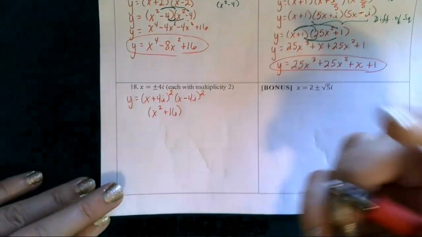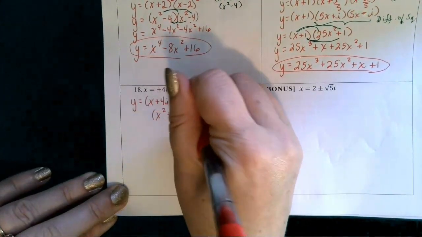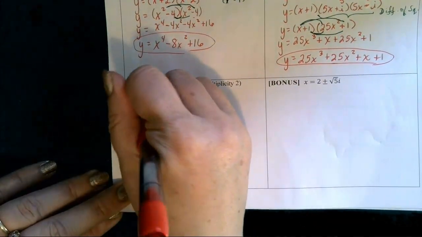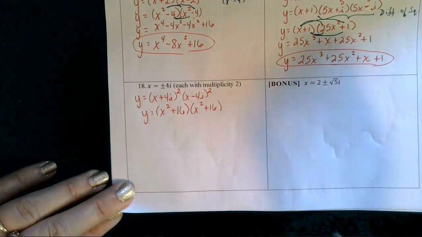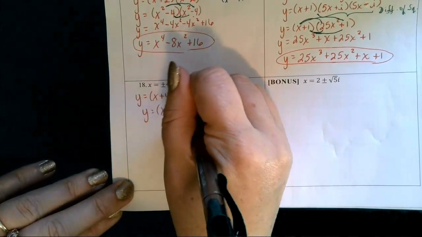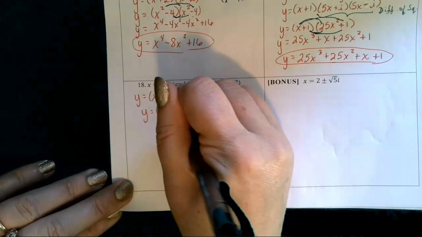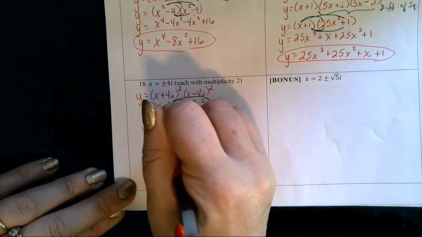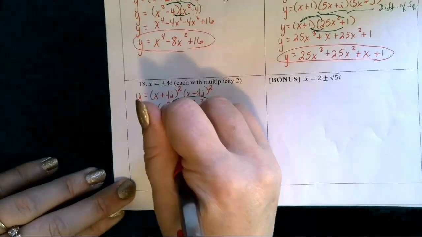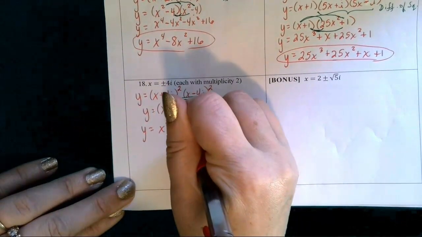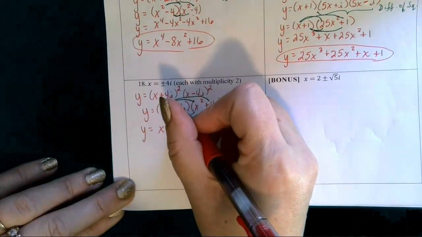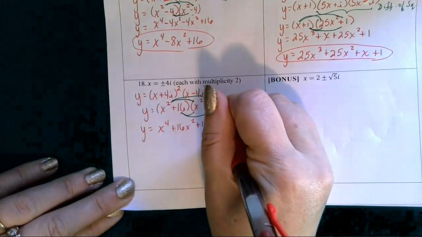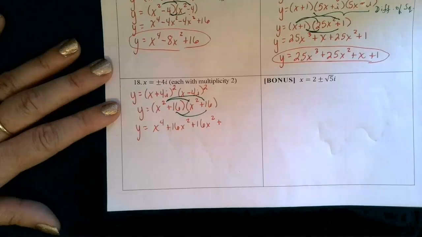Okay, but we have two of those, right? So another x squared plus 16 since there's multiplicity of 2. Okay, and then we're going to combine these by foiling: first, outer, inner, and last. x squared times x squared is x to the 4th. x squared times 16 is a plus 16x squared. Then in the middle, 16 times x squared is another 16x squared, and 16 times 16 is